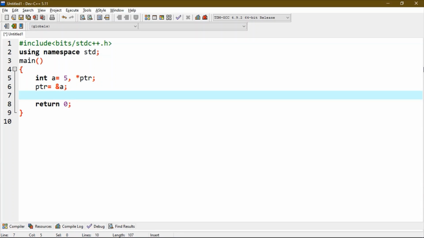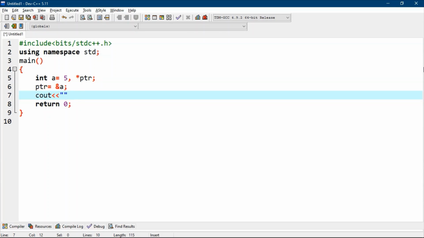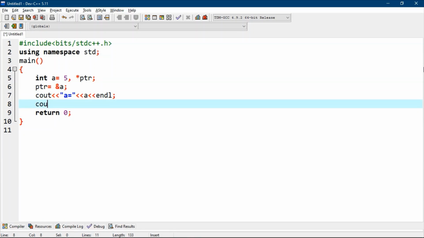Now let's write a print statement to directly access the variable's value using the variable name. Let's write another print statement to print the value of a using the pointer.